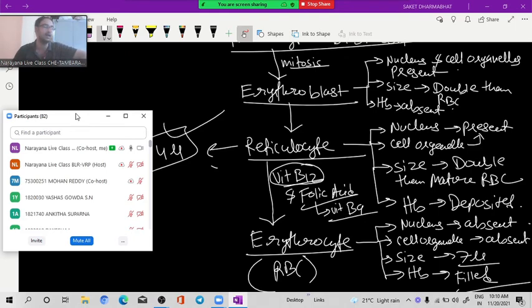Clear? Third thing, the immature RBC up to the reticulocyte contains the nucleus. That means once in the life of an RBC, a nucleus was present in it when it was a child. When the RBC was a small baby, that time it contained a nucleus. After it becomes an adult, the nucleus disappears for the filling of what? More hemoglobin. So that's why it is a purely eukaryotic cell. Understood? Yes, sir.